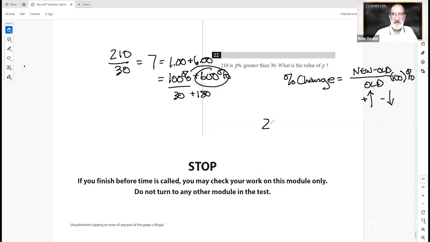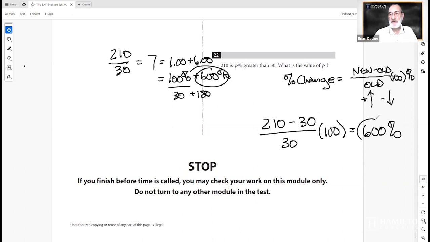So if I take 210, which is new, minus the old, 30, and I divide that by the old, and multiply by 100, I get 600%. So we went up, because that's positive, by 600%. We're that much greater. Either way, the answer is